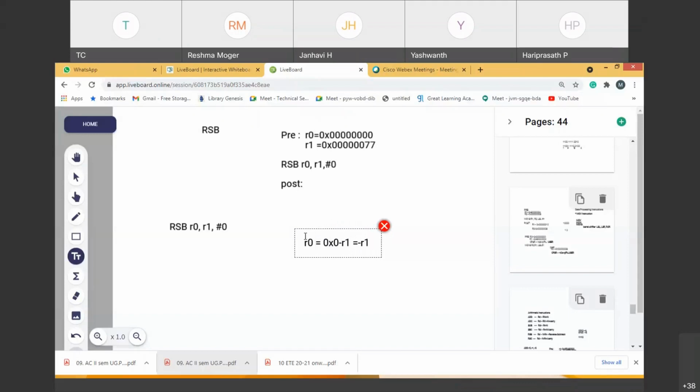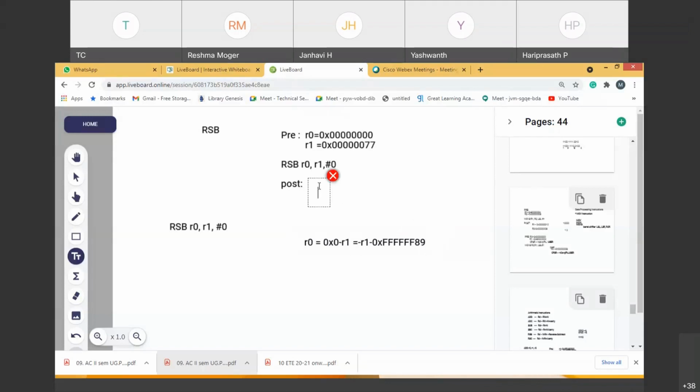So how to represent minus R1? Minus R1 is nothing but I should write it as 0xF. Wherever 0 is there, take the complement of that: F, F, F, F, F, F, and for 77 it will become 89. Cross verify: represent all the bits, 6 zeros and 77, all the bits in binary, 32 bits, and then make it 1's complement. You will get this as the number. So that's the negate.